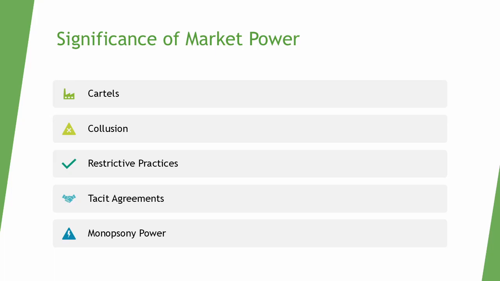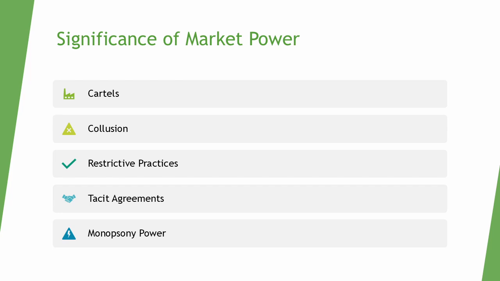Restrictive practices have some significance over market power as they strengthen firms' ability to control the market and deter entry. However, restrictive practices may have little significance over market power as competition law can limit or eliminate their effectiveness. This may have an impact on market failure as reduced competition can lead to inefficiency and consumer welfare loss.